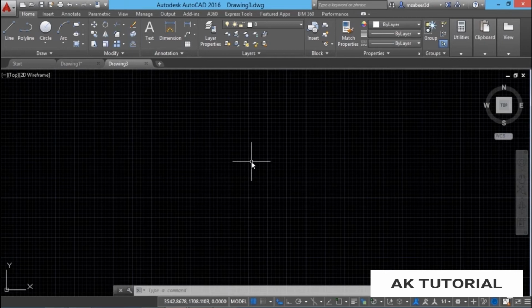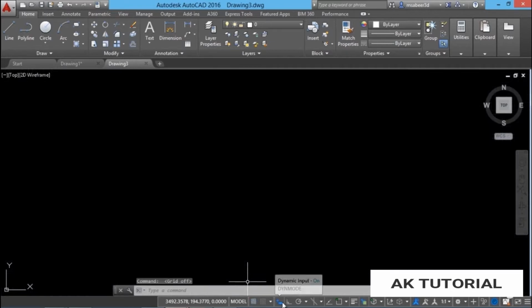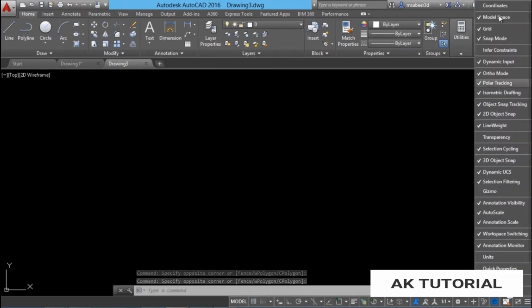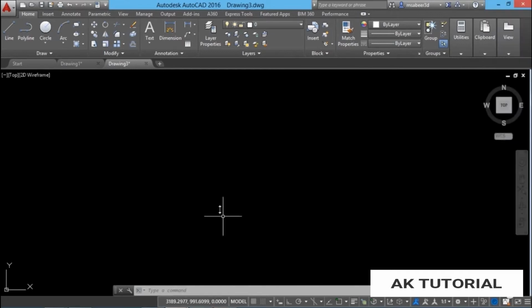In this video, I'll deal with different methods to construct lines in AutoCAD. Before creating lines, I would like to deactivate all settings in the status bar toggles. So I'll just deactivate a grid, a dynamic mode and other settings over here. And now I'll go to the customization button and activate the coordinates.